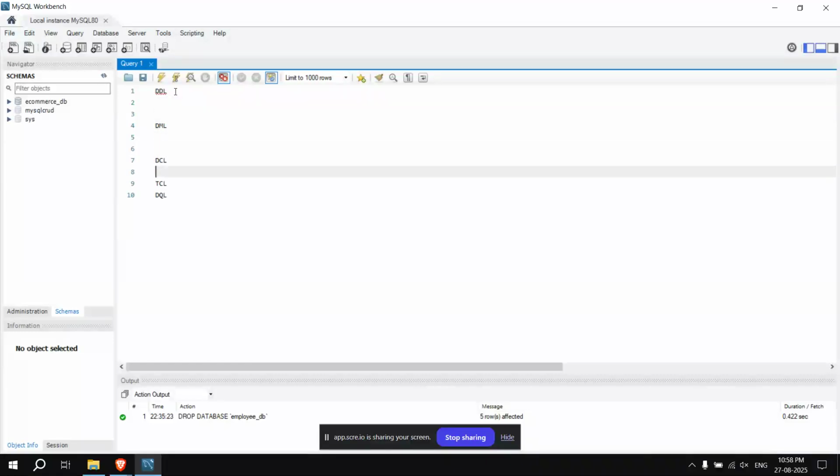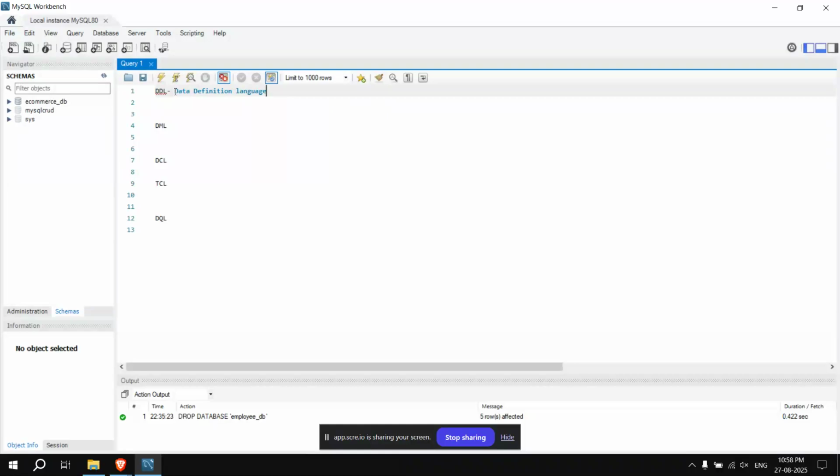I can elaborate it in a much better way. Okay, so DDL stands for data definition language.